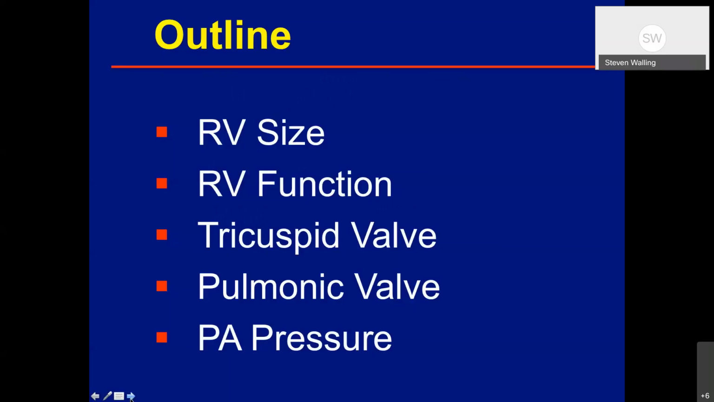My talk is going through the structure, obviously the RV size and the function of the RV, and also the inflow, outflow, the valves, tricuspid and pulmonic valve. And then finally, we're going to talk about the PA pressure and some clinically relevant diseases. All right, so